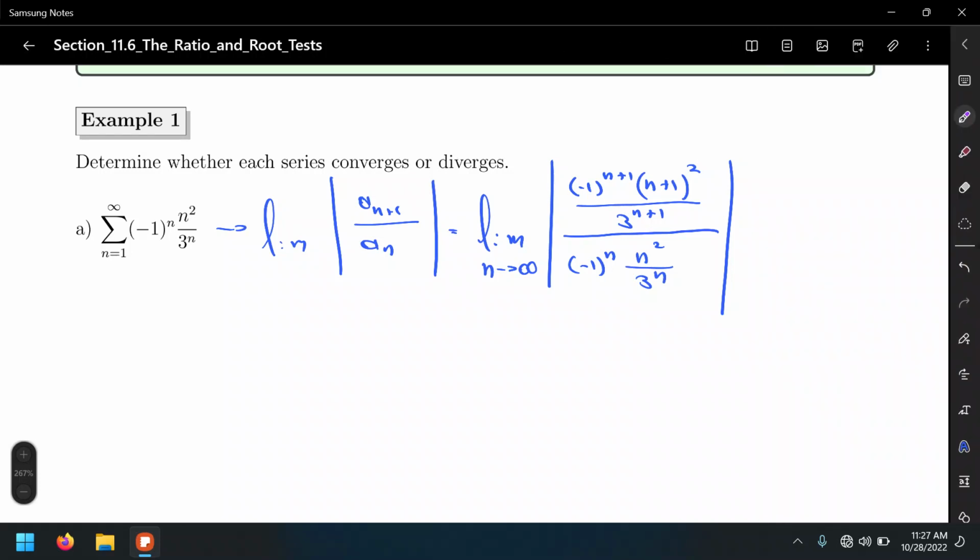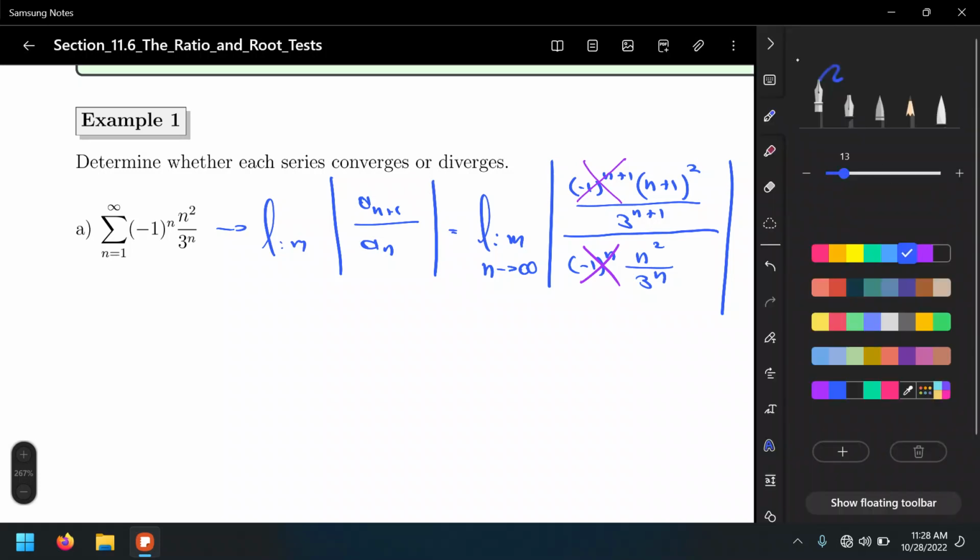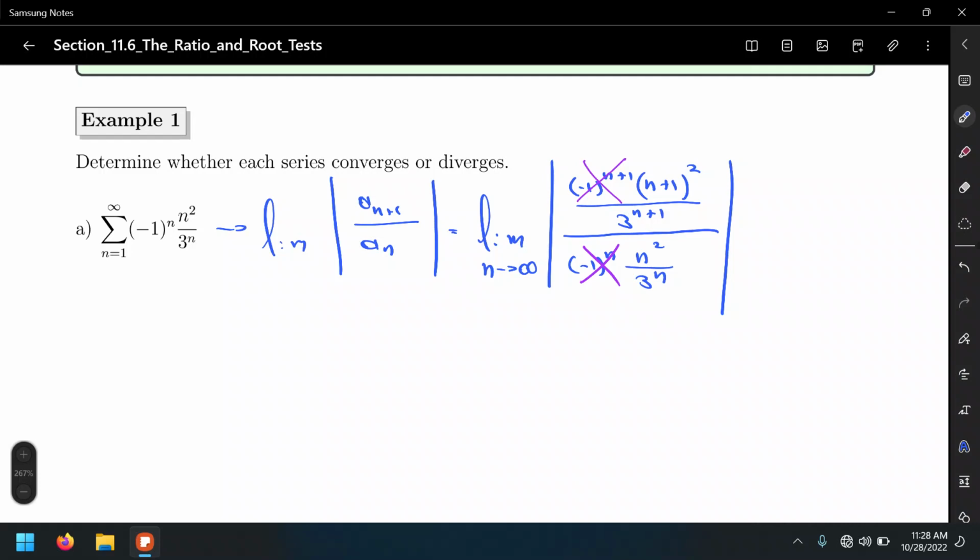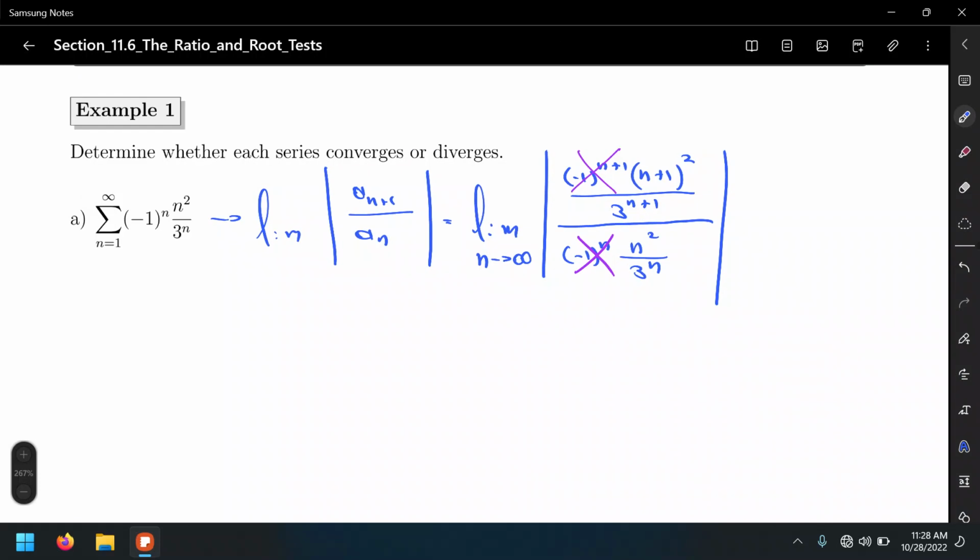Number one, there's a lot of things we can do here. Number one, cross out the alternating factors. And why can we do that? Well, because we have absolute value bars surrounding the expression, right? So those absolute value bars are going to take care of it. And so that's going to leave us with the limit of n plus 1 squared over 3 to the n plus 1 divided by n squared over 3 to the n